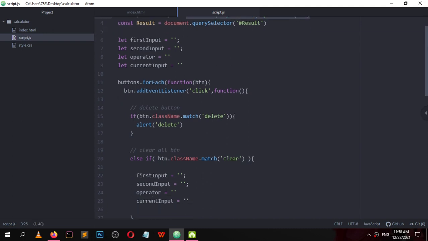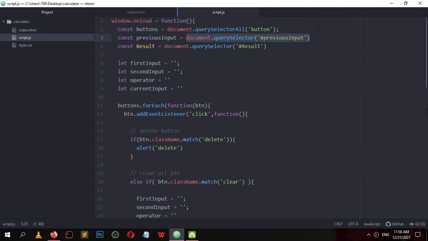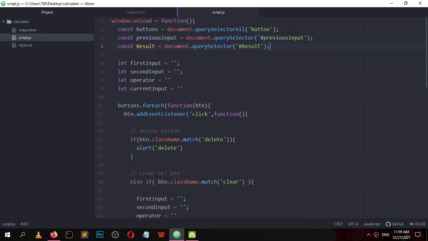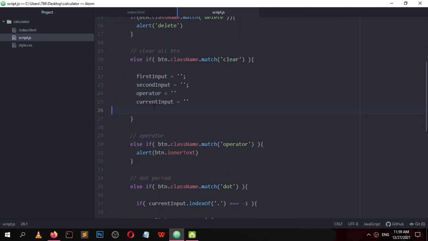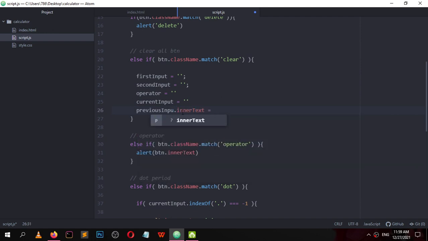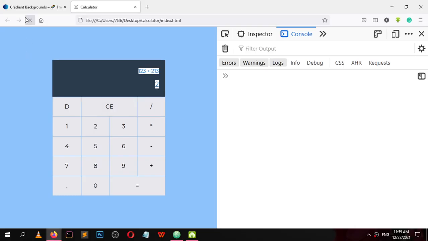Now this previous input text should be 0. Previous input.innerText should be empty. innerText equals an empty string, so it will show nothing.